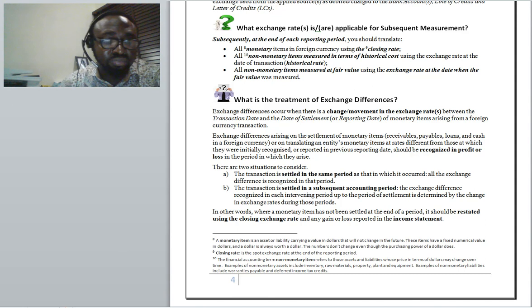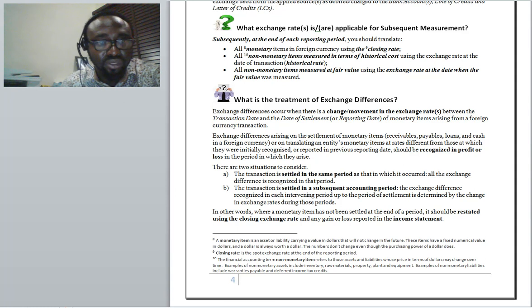And if the rate has moved against me or against the entity, it is worthy of note to recognize the gain or loss in profit or loss,